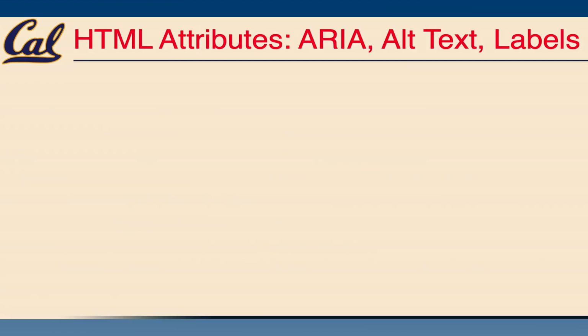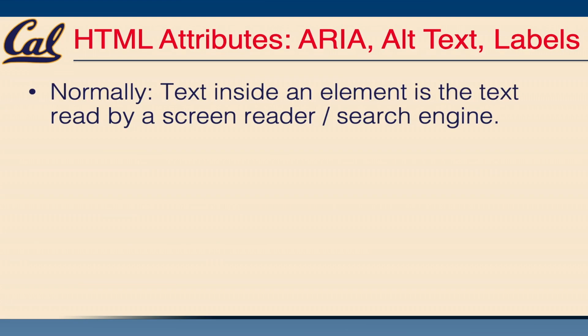Now, elements, I would say, are only half the story. Behind every element is a set of attributes that provide additional contextual information. So if an element is purely text, it's pretty clear, right, that text content is what is inside the element. But when it comes to things like images, iconography, other sorts of buttons, we might need to augment their description